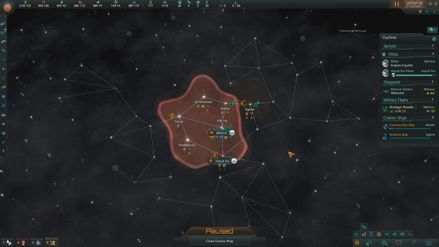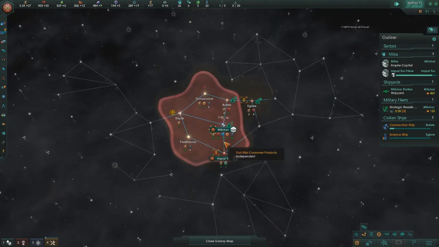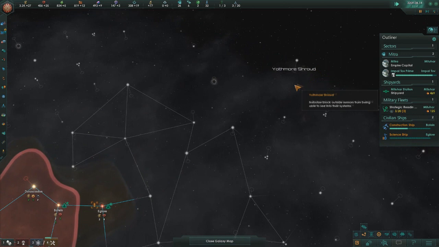Last episode, we expanded out a little bit, starting to establish ourselves on another world other than Mitra. We've also been expanding our influence with our outposts, kind of in a circular pattern. Once we secure one system out from our current home binary star system, I'm thinking we're going to push towards the edge here and clear out this area around the